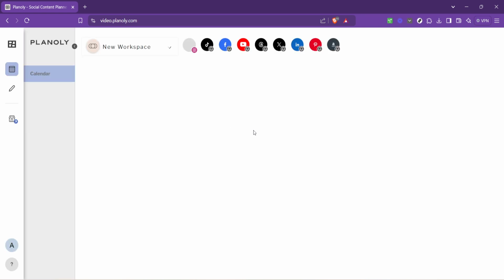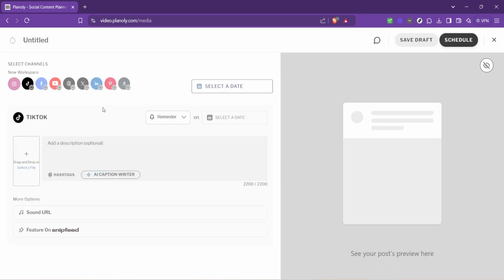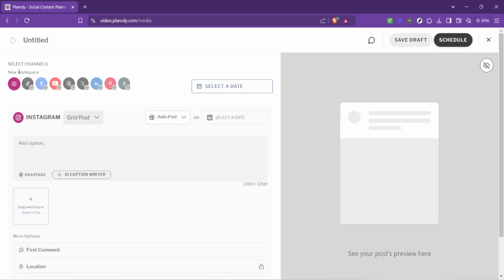At this stage, ensure you're selecting Instagram as your target platform by clicking on Select Channels. This process is integral because it aligns your content with the correct social media page, avoiding any mix-ups with platforms like Pinterest or Facebook. Next, decide on the type of post you plan to upload.